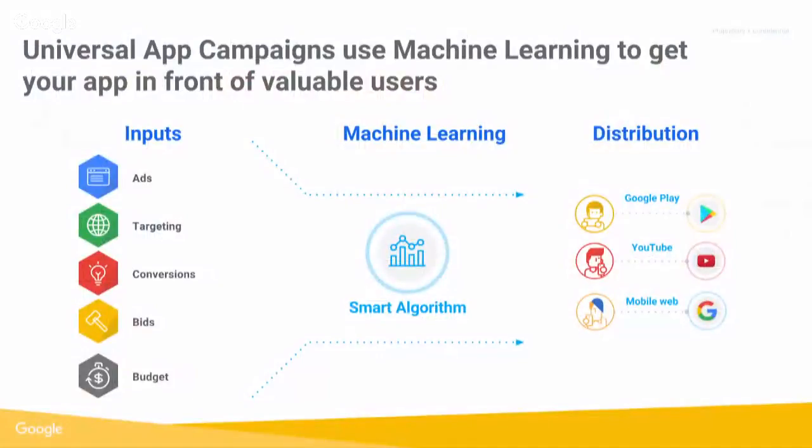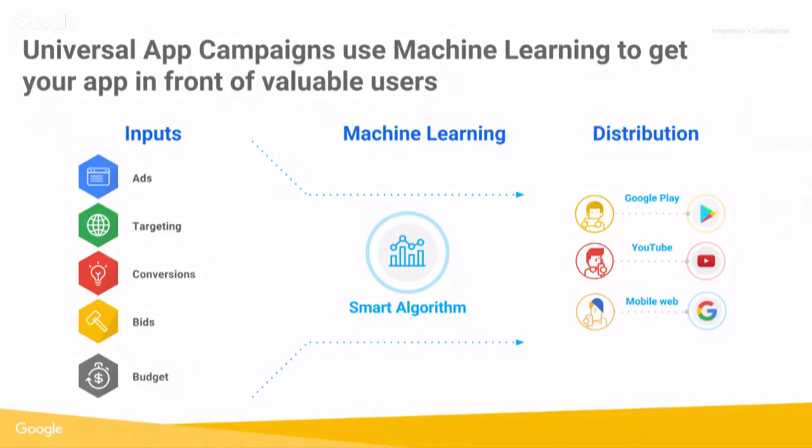So universal app campaigns are actually a good remedy to also help around both on the user acquisition side, but also the engagement. So these automated campaigns will run on Conversion Optimizer and use the machine learning in the back end to really help your clients to get their app in front of potential users. So how it works behind the scene.